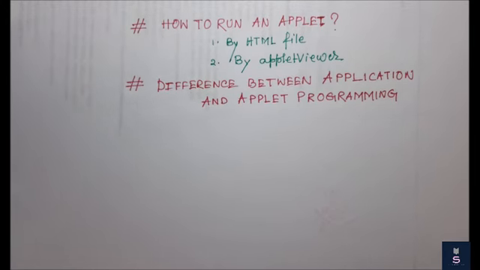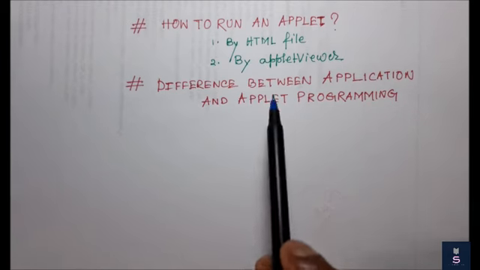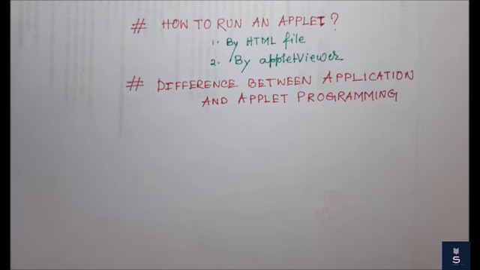Before that, I am taking a simple example so that you can get the idea how to write a simple applet program. Then I will show you one by one how to run it by HTML file and by applet viewer. I will even explain with a coding example in the system, so that you can get a clear idea about the applet program. So, let us consider a simple example to just print a string in our applet program.